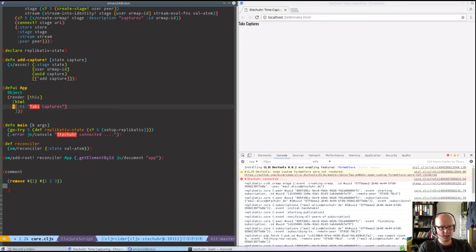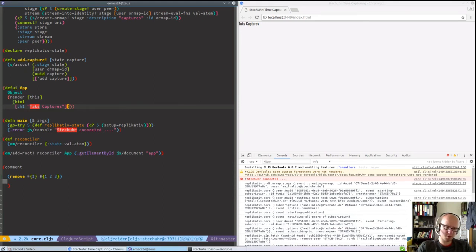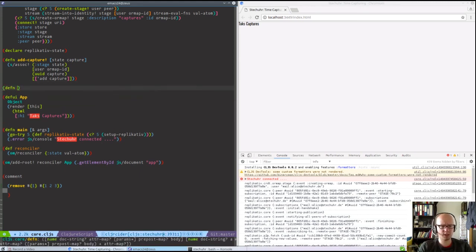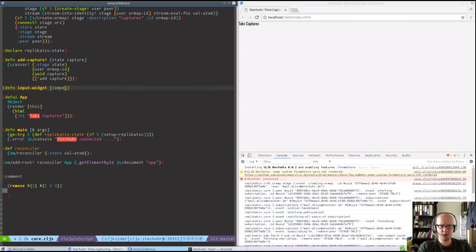Okay, so now let's add some input. First we have to think a little bit about it. What do we want to capture? We want to capture which project we worked on, which task, and for how long. So we need 3 input fields, and I think they will be all the same. So let's just define them in a function input widget, which will receive the component in which it will be built, and